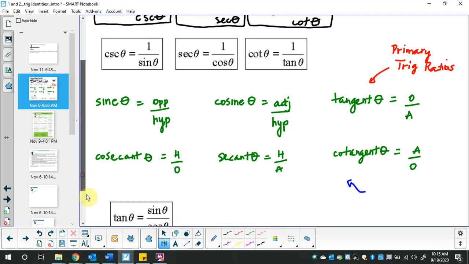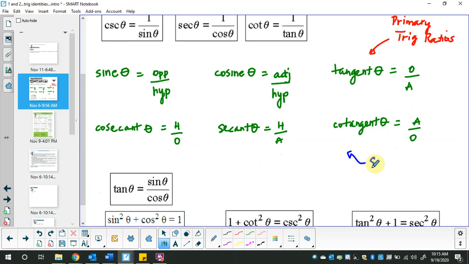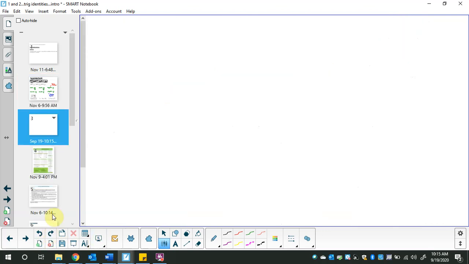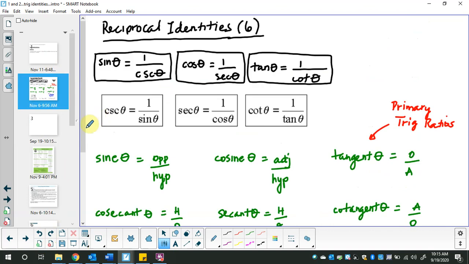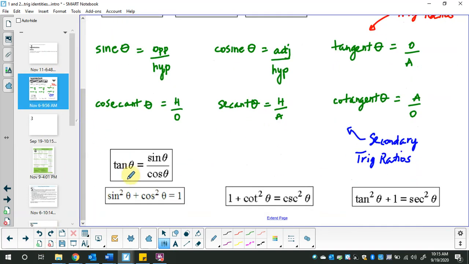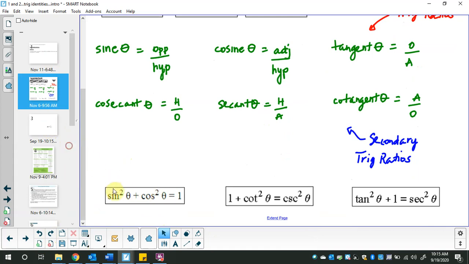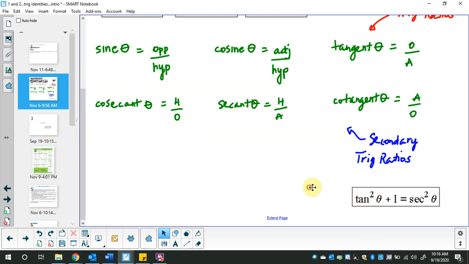And just to make this complete, I'll dig out the blue pen and write what I said I was going to write, and that is these are the secondary trig ratios. Now I am going to take this to a new slide because I'm still not done. And the reason I'm not done